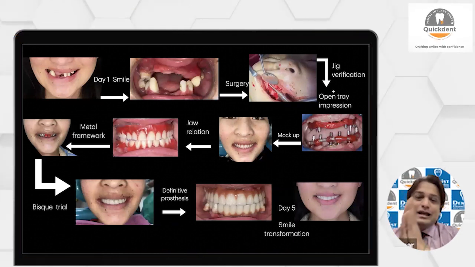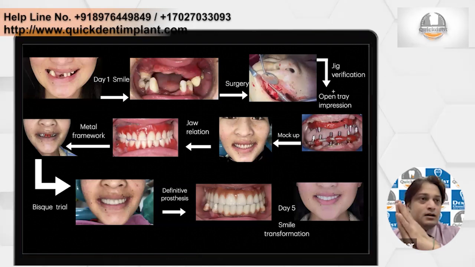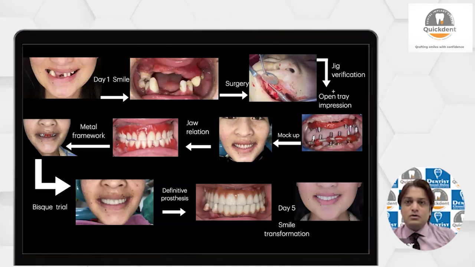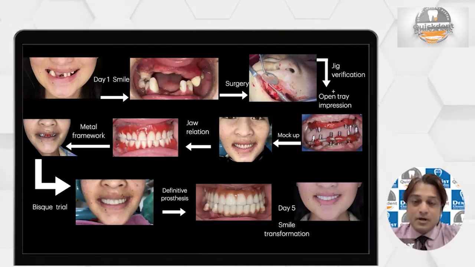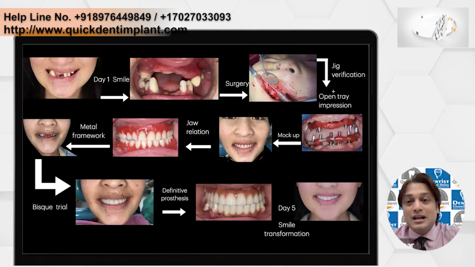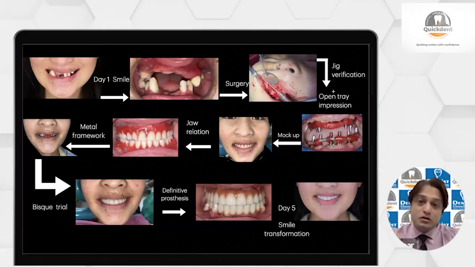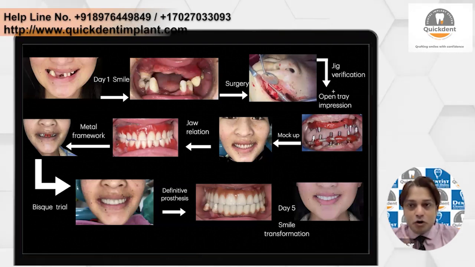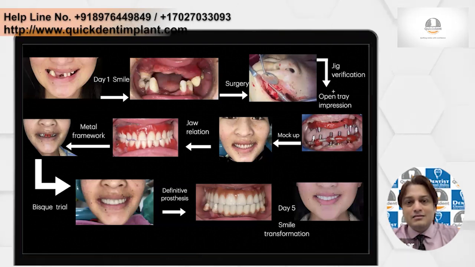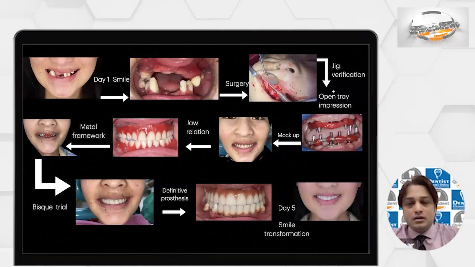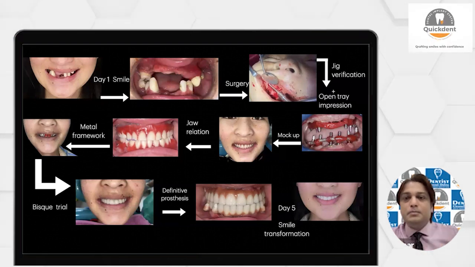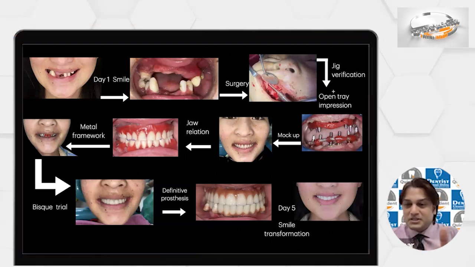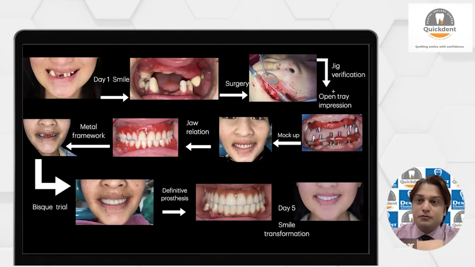I come across many doctors asking me which lab you are giving the work to. It's not about the lab. Of course, it's one part, but it's about what information you give to the lab, so that the lab can design and fabricate according to your precise information. It is a dual thing. The lab has to replicate whatever information you give, and at the same time you should give accurate information, because you are a mediator between the patient and the laboratory, so that you can get a desirable result. Such patients have to undergo a different set of processes.